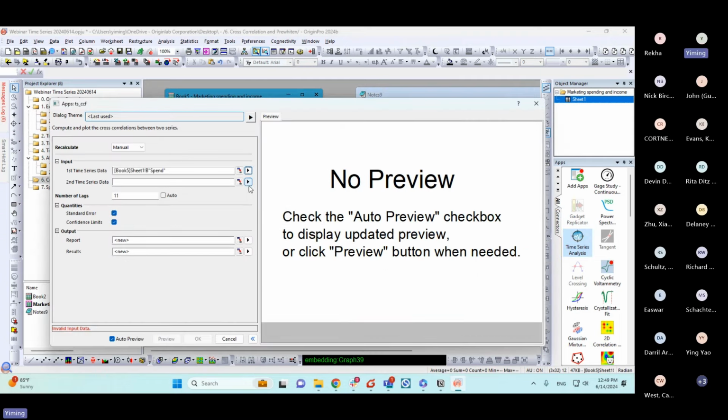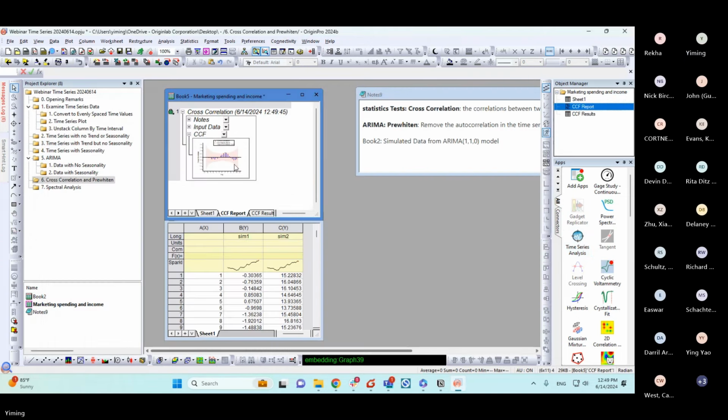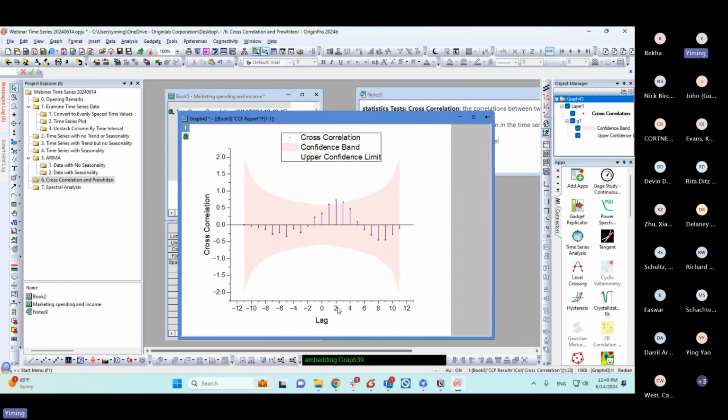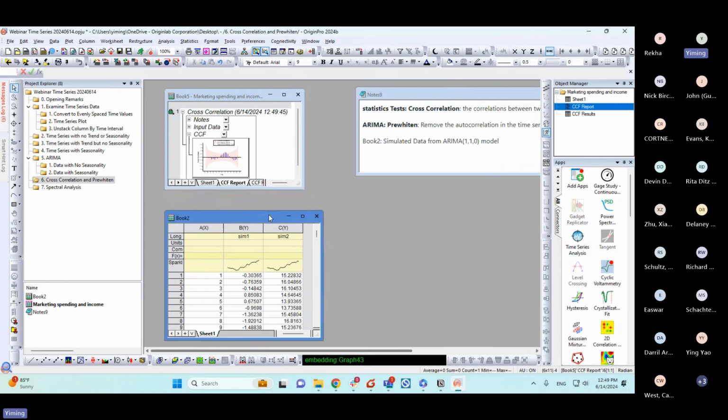Choose column B and column C. By looking at the graph, we can see the spike here. If I click OK, at lag of 2, they are strongly correlated. But sometimes,